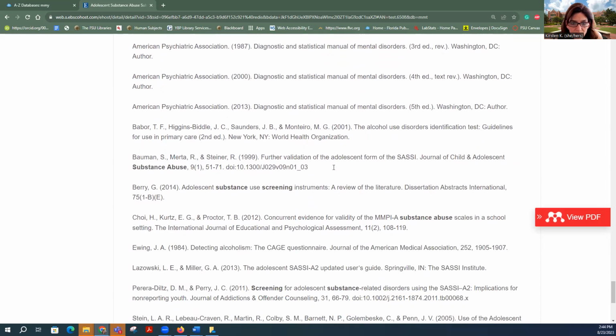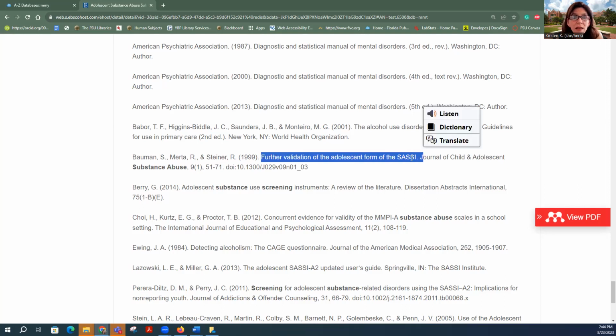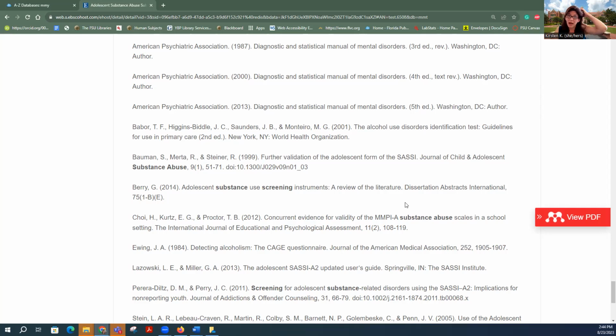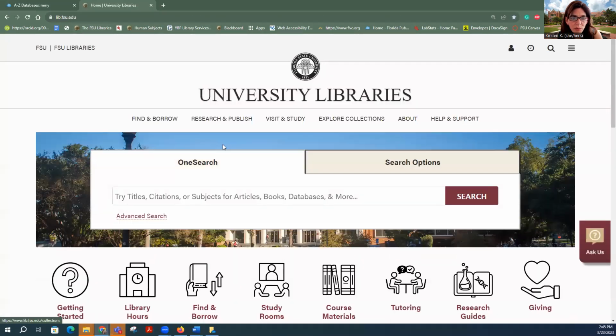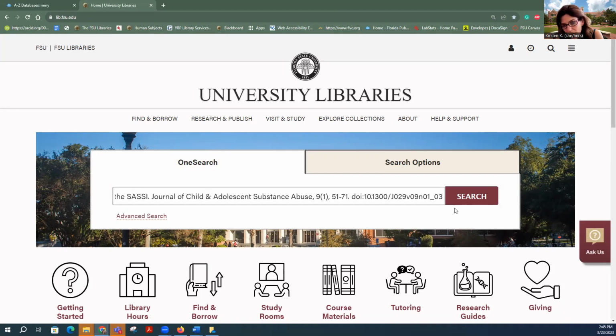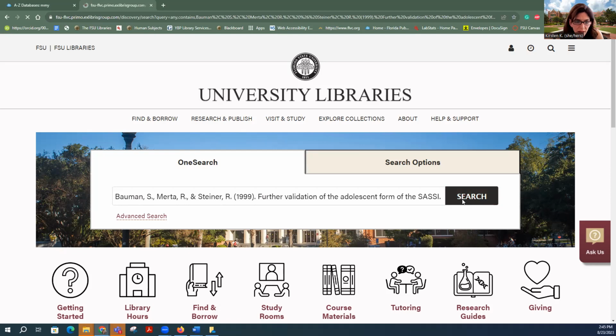And I see one that looks really good. Anytime I see the words validation of an instrument, I am cued in that it could list my reliability and validity measures. So I'm going to go ahead and copy this one. And I'm going to go to the FSU Libraries homepage, OneSearch. I'm going to paste it right into the search bar. And then